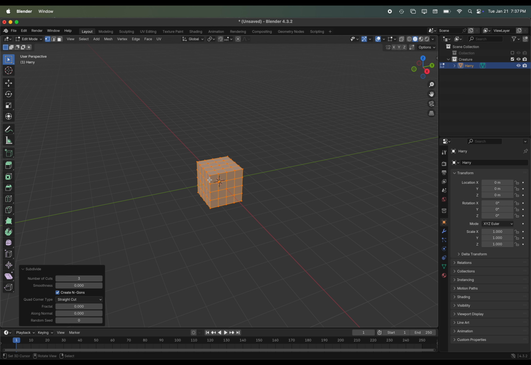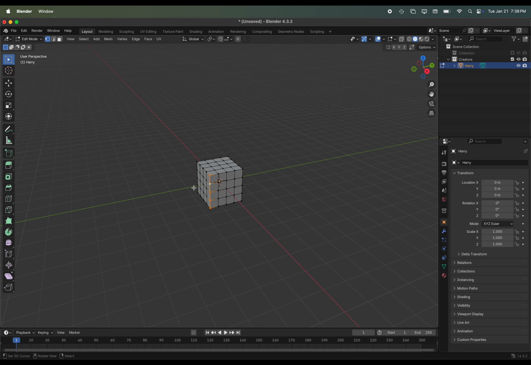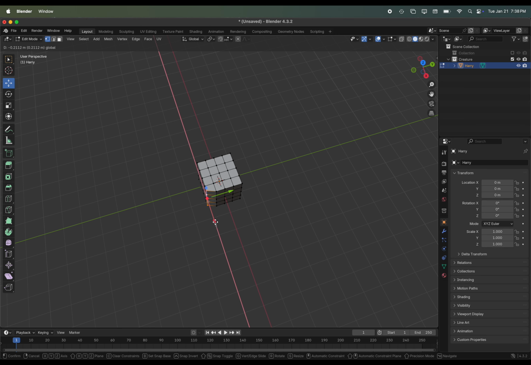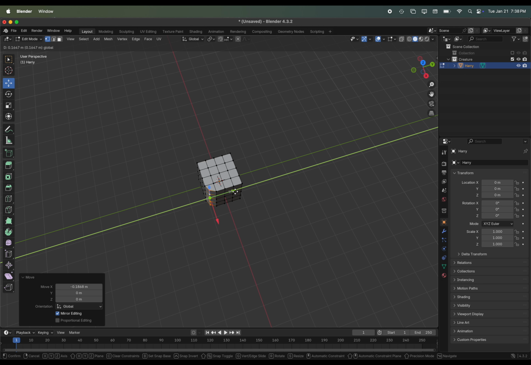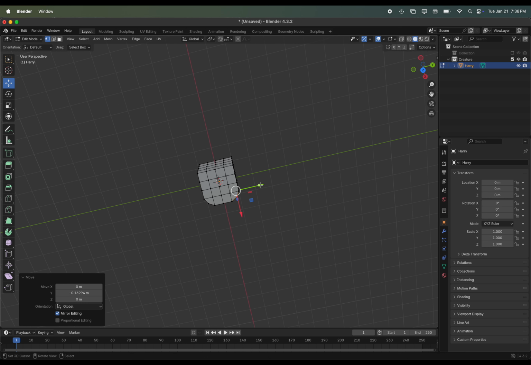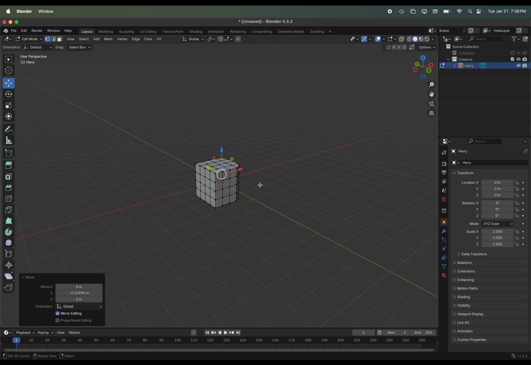Now, this is going to be the body of my creature, sort of the torso area and going into the head, but I want this to be a little bit more rounded. So I'm going to select each corner, and I can use Option right click when I'm selecting the corner to grab it. And I'm just going to use the Move tool to slide the corners a little bit inward along the X and Y axis. Option right click to select a corner, and then just dragging that corner a little bit inward just to make that a little bit more rounded.